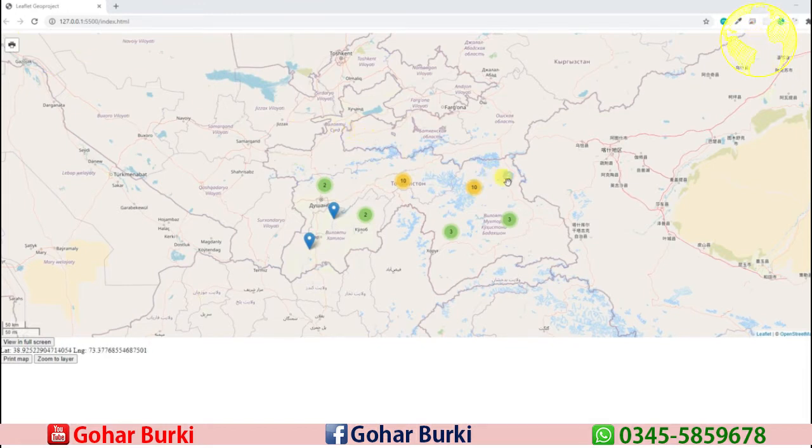So in this video, I want to insert Bootstrap, which is a CSS framework, so I can customize these maps and these buttons as well, by which our maps look more